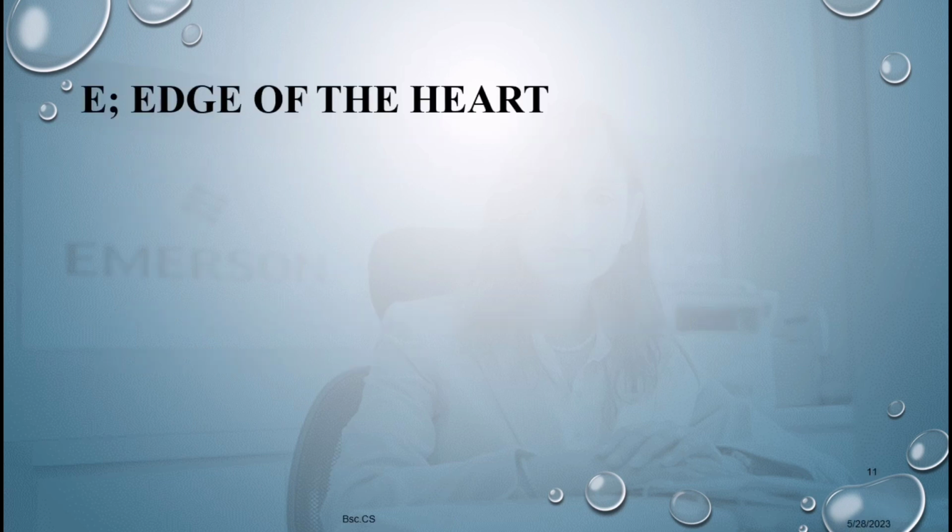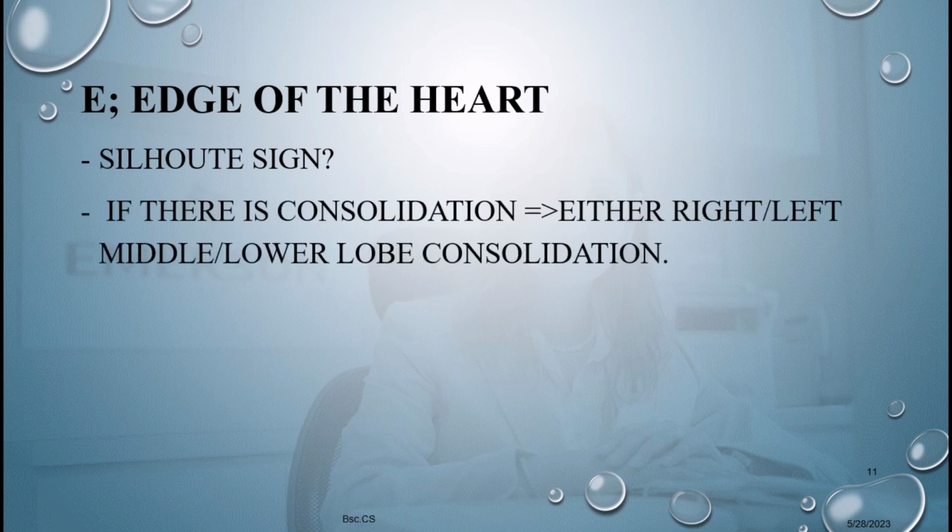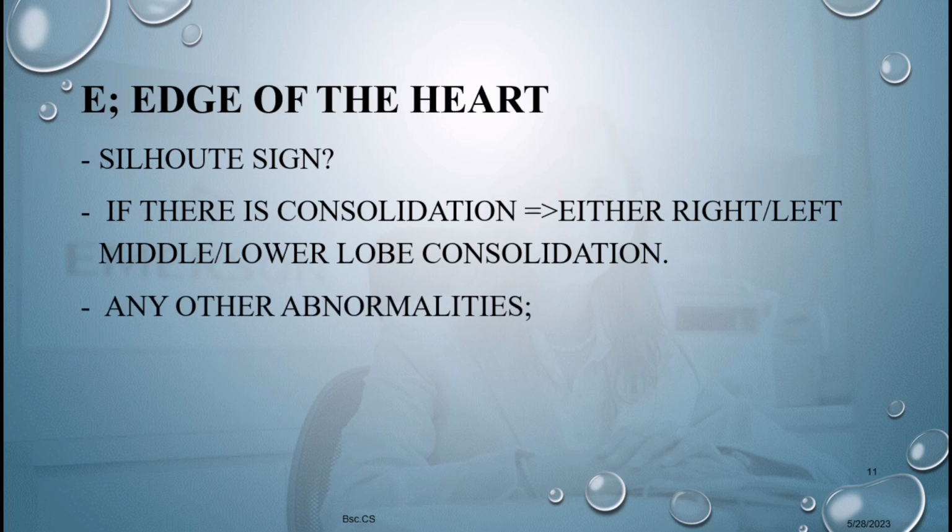Okay, then E is for the edge of the heart. So of course you have to check for the silhouette sign. So if there is a consolidation, either right or left middle lower lobe consolidation, the cardiac shadow and the consolidation will make a silhouette sign. That's what it means. So also, of course, you have to look for any other abnormalities on the edges of the heart. Okay, and of course, you have to check if they are clear or also